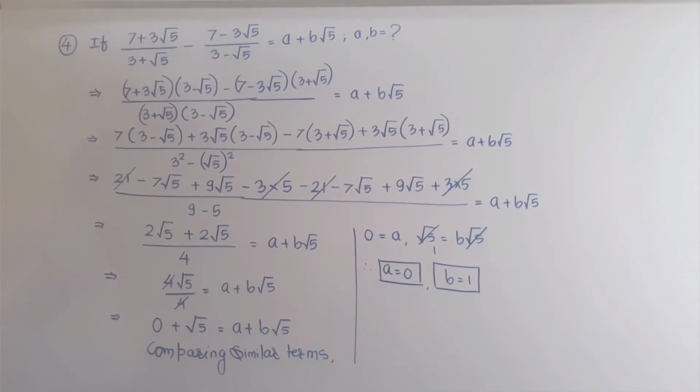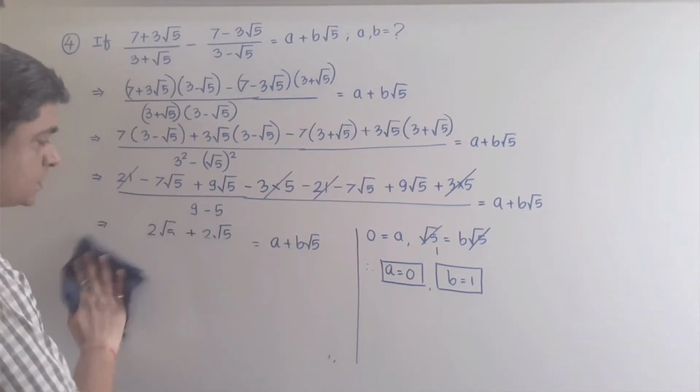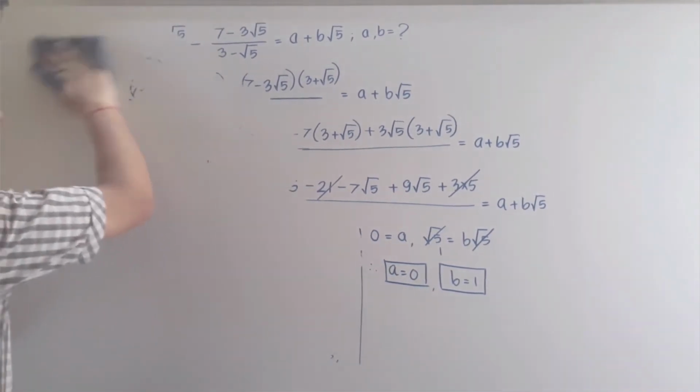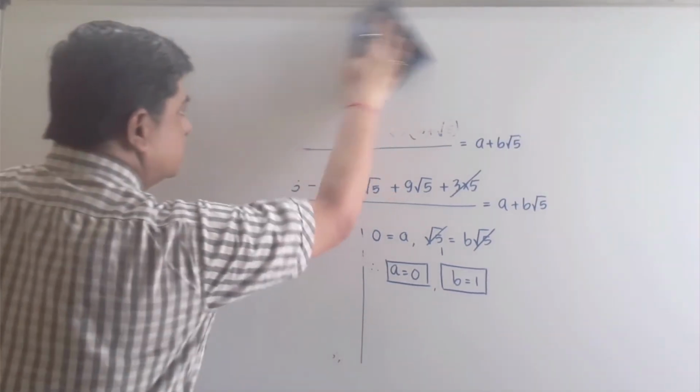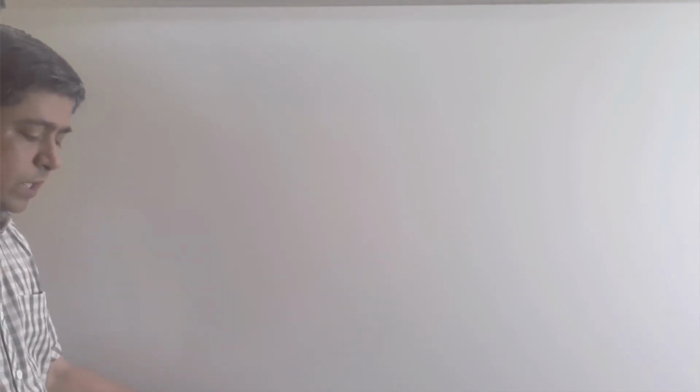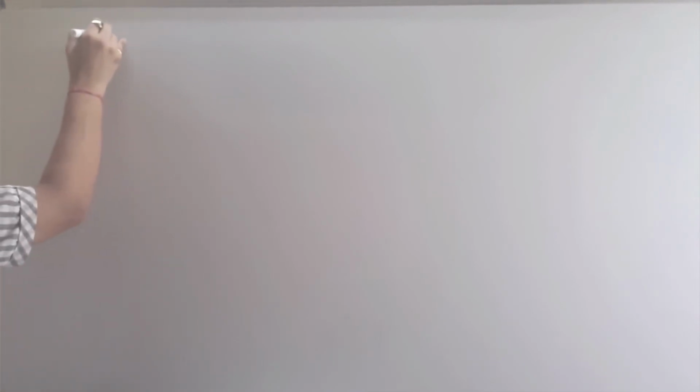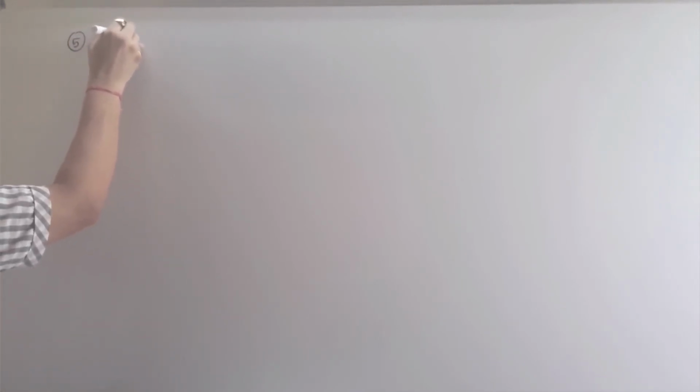Now let us see quickly the next question. Next question is question number 5. So let me rub this one first. Question number 5 is given as, these questions are lengthy, so normally these are time consuming questions in comparison to the questions we have covered earlier. So these are all 4 mark questions I am taking today. In the 5th question, what is given? We have to simplify one given expression.